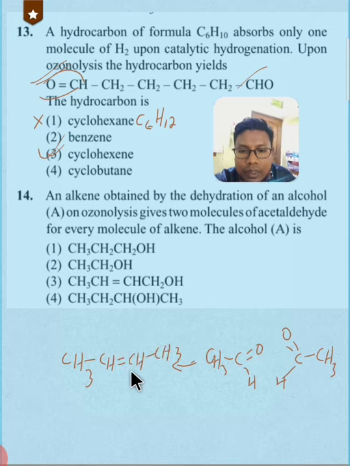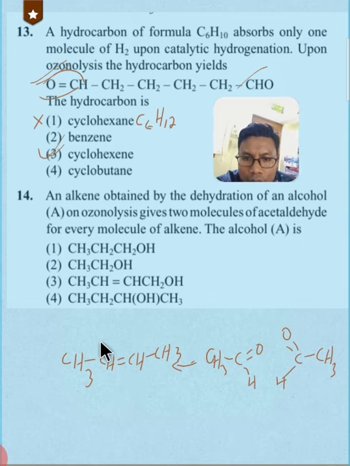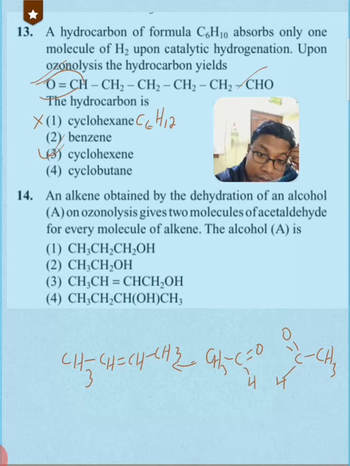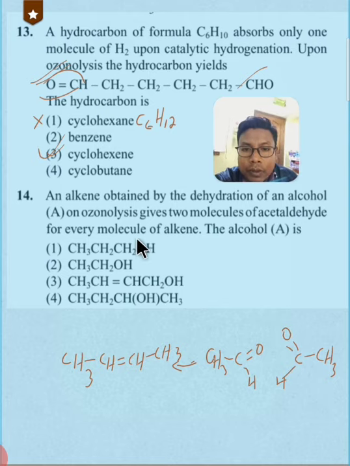This will be the alkene which will be produced from the alcohol. So what is that alcohol which will give this alkene on dehydration? The answer is not this one, because this contains only 3 carbon atoms. Not this one, this contains only 2 carbon atoms. Not this one, because there is already a double bond, and upon dehydration maybe there may be a double bond also, but that double bond and that alkene will not be stable,